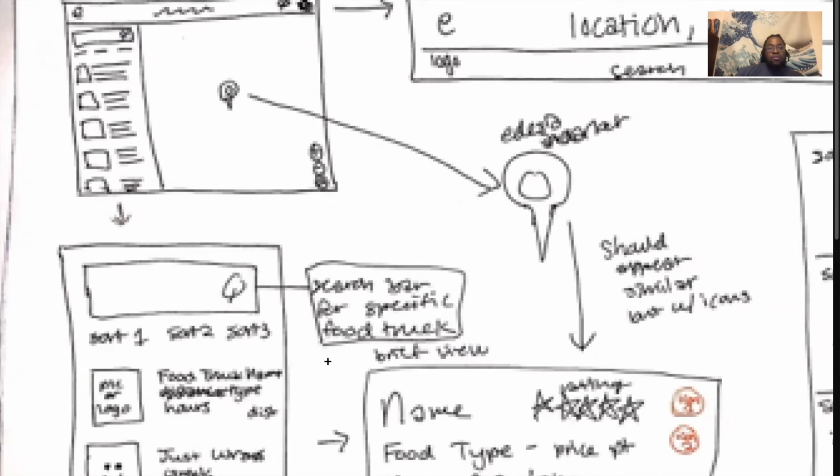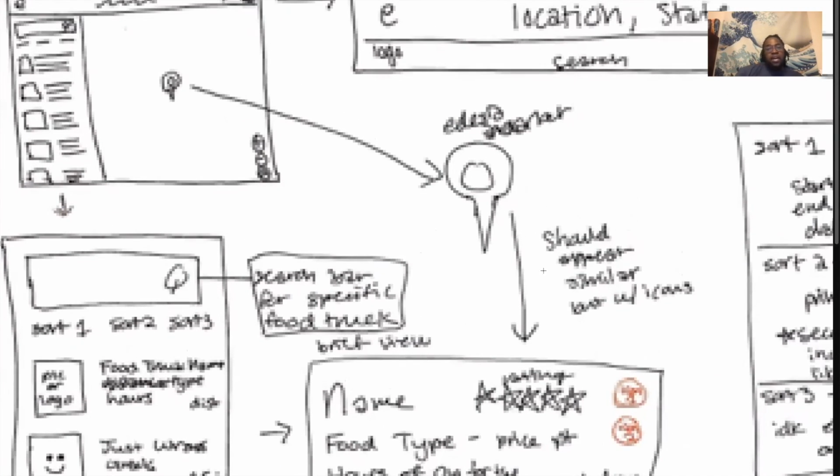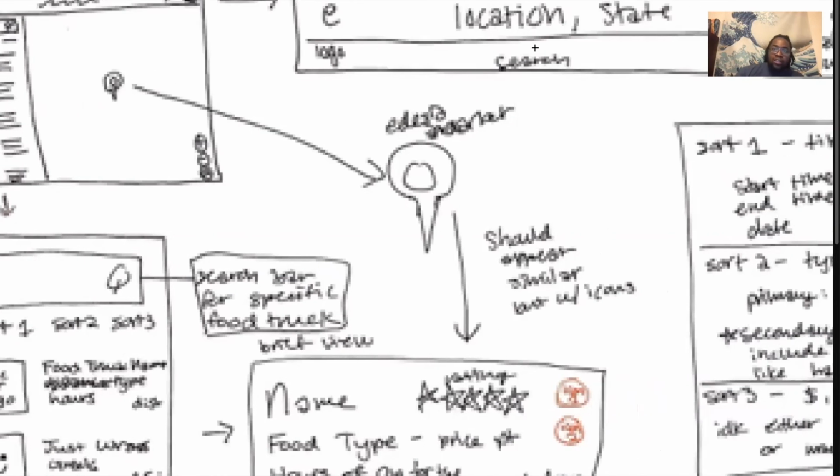There are three arrows here, y'all. You've got an arrow up here, an arrow in the middle, and an arrow down here. This arrow in the middle is taking you to the marker, saying, hey, this is where a food truck is going to be at. Over here at the top, this arrow is showing you the